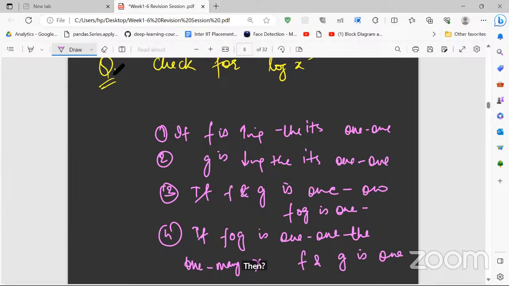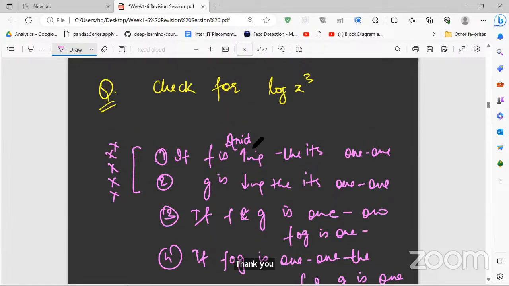How many of the statements are correct? The first two are true. How many of you think the first is correct? Yes, the first is correct. Both are incorrect, because I told you now, it should be strictly increasing. There is a difference between increasing and strictly increasing.